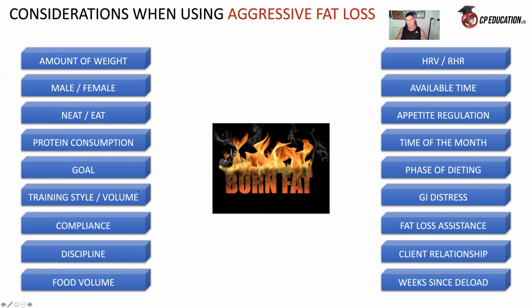that period. The phase of dieting: if someone has just come out of a comp prep and they, for example, have just ballooned up in weight and they go for an aggressive fat loss approach, that is not good at all. Again, this is why you want to control people out of different phases. Don't let them jump into them. From a priming phase to a gaining phase, it's slow. From a gaining phase to a fat loss phase, again, it's a slow approach. Yes, you can drop aggressive fat loss approaches in with high protein intake, high food volume, high expenditure, emphasis on sleep,